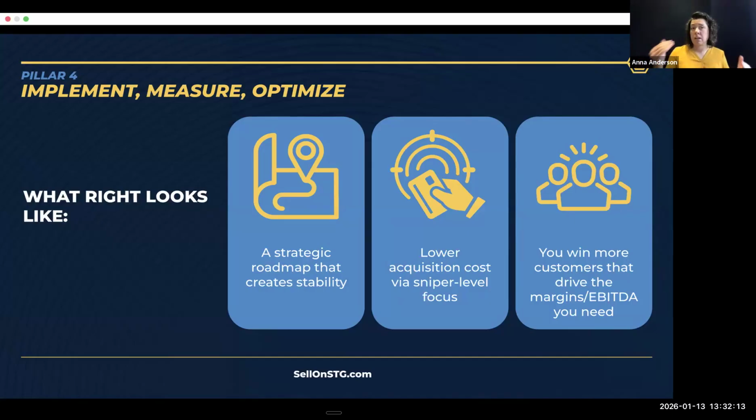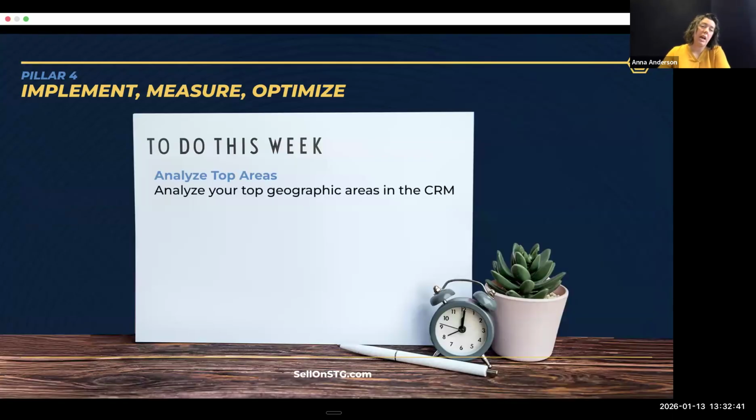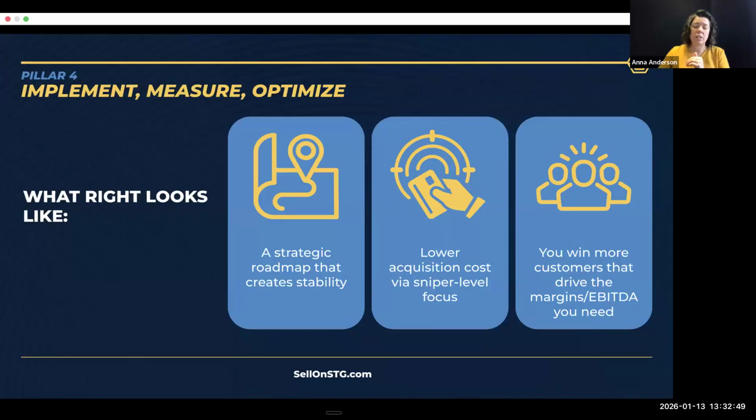You could say, okay, here's what that roadmap looks like, and here's the why, and here's what our acquisition cost is going to be as well. Because you understand the marketing platforms that your customers are engaging in, you can begin to bring elasticity to the strategy as well. And I think those are some of the key components when you look at implement, measure, and optimize. You're no longer just spending everywhere, but you understand based off historic data where you're going to double down in